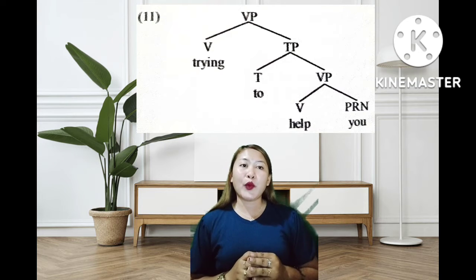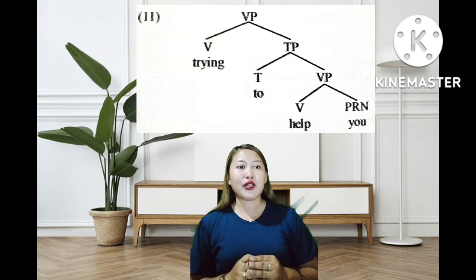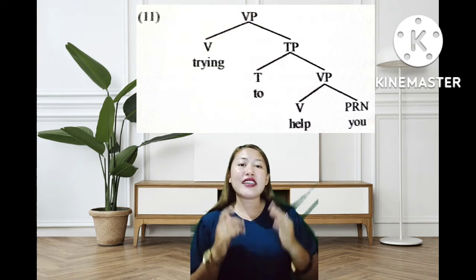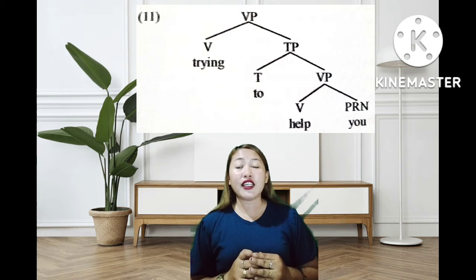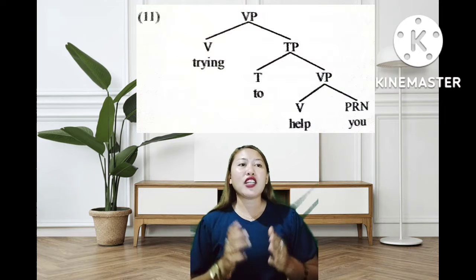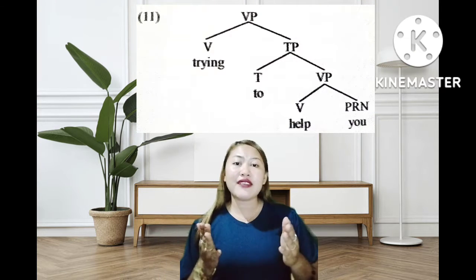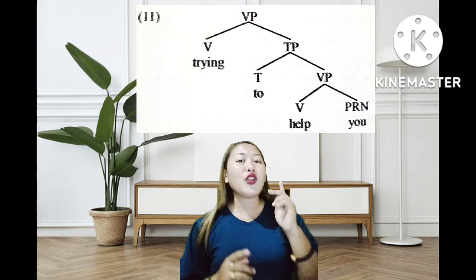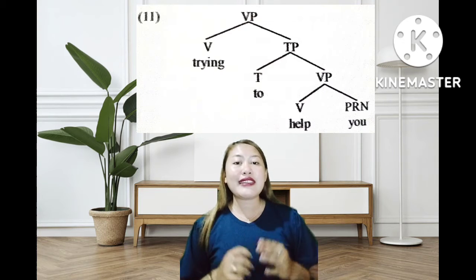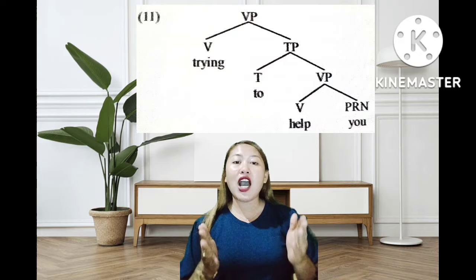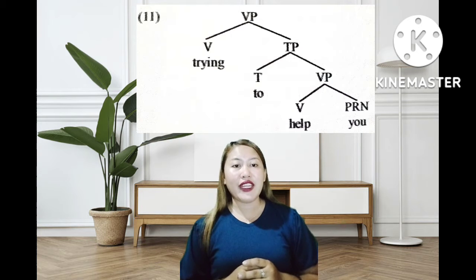An interesting property of syntactic structure is illustrated here, that of recursion. That is the property of allowing a given structure to contain more than one instance of a given category, which means, in this case, more than one verb phrase, one headed by the verb help and the other headed by the verb trying. If we look closely at the relevant structures, we can see that they obey the following two